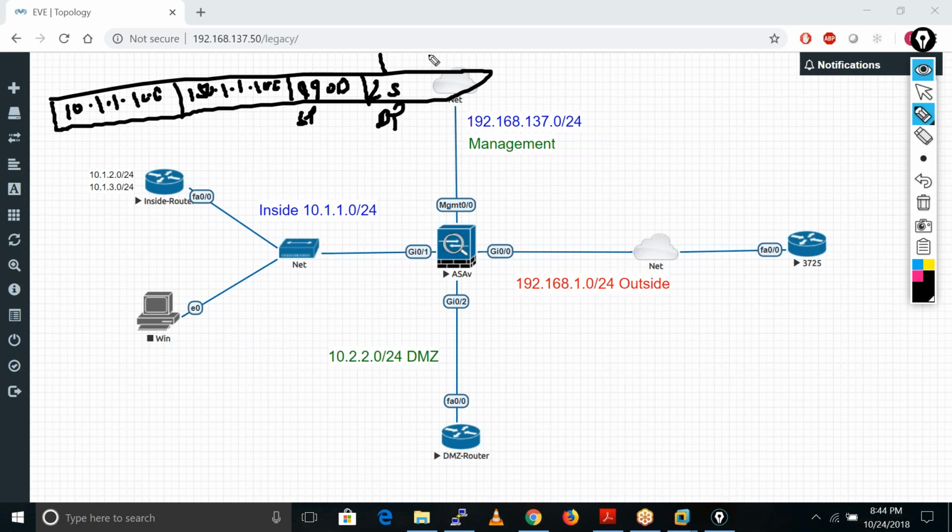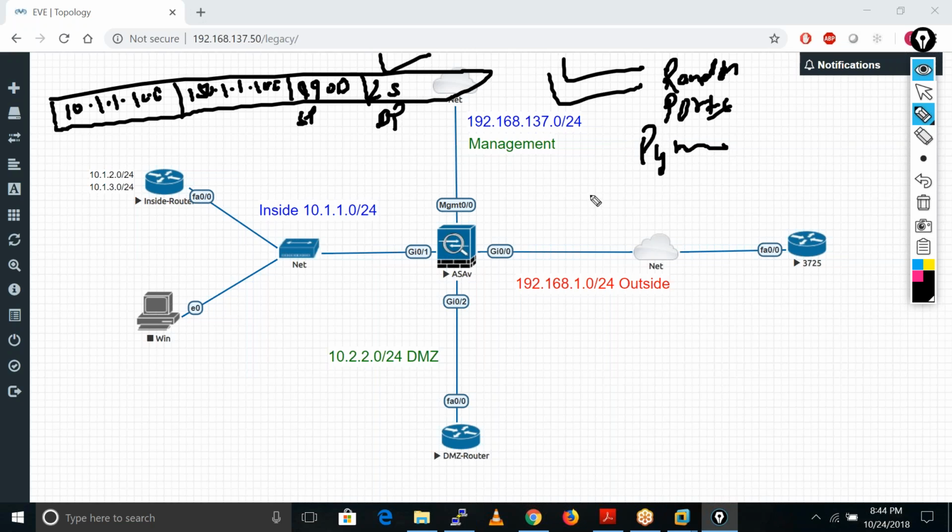Or any port, because right now Gmail is also using random port numbers. Random port numbers means dynamically changing port numbers, meaning every time the Gmail IP address and port number will change.